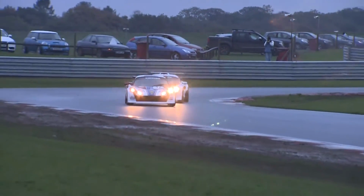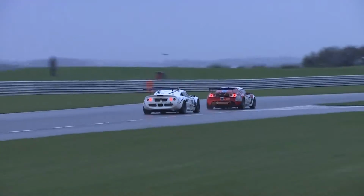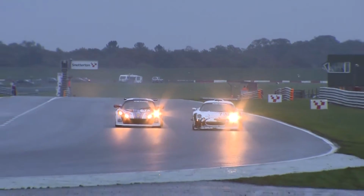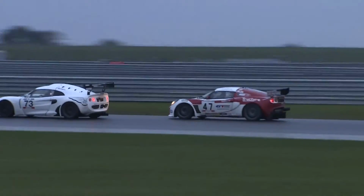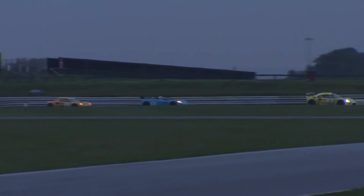He does. That's an absolutely superb move from Jamie Stanley, and I cannot emphasise enough how difficult that is to do in these conditions on a damp track, to find that sort of traction around the outside corner and then get the car stopped sufficiently in time for Murray's. Really excellent driving from Stanley. But unfortunately, he only gets to bask in the glory for the length of the centre straight, because around the outside at Riches goes Adrian Hall, reclaims the position